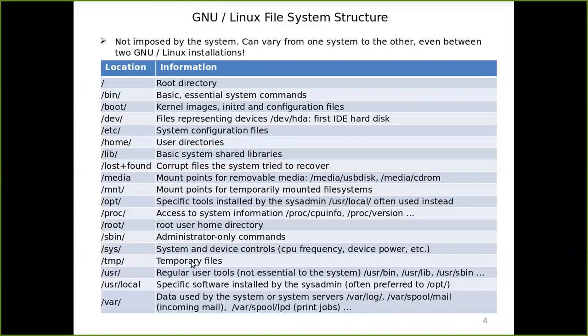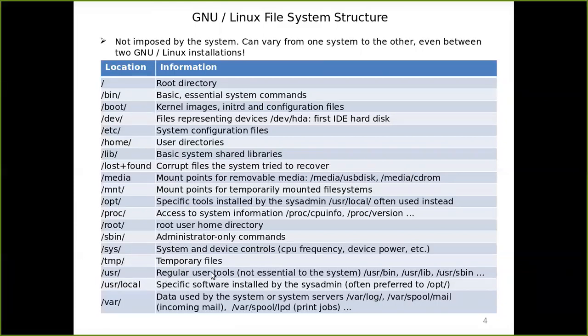/tmp is for temporary files. If you store any files in this, there is no guarantee that after a reboot your files will be there, so don't ever store important files in tmp. Then why do you need this? Whenever you are doing shell scripting and all, you may need to store certain data temporarily. Instead of using your own home directory, which is permanent data storage, you will use /tmp to store temporary files.